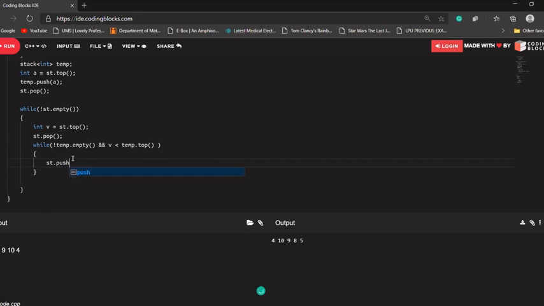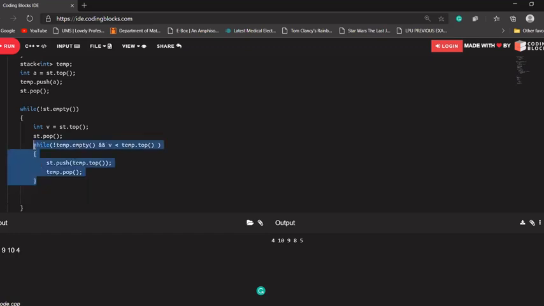push it into st dot push, our main stack. Yes, temp dot top, what is there at the top of temp, push that into the main stack, that is st, and as well remove that popped element from the temp.